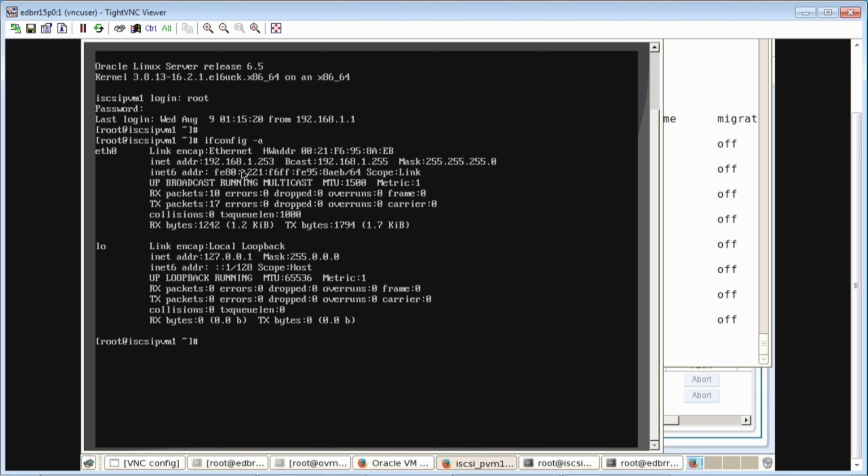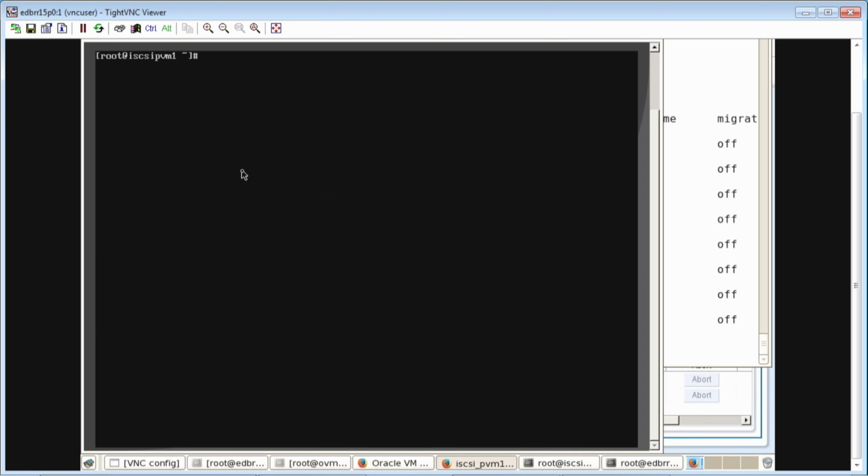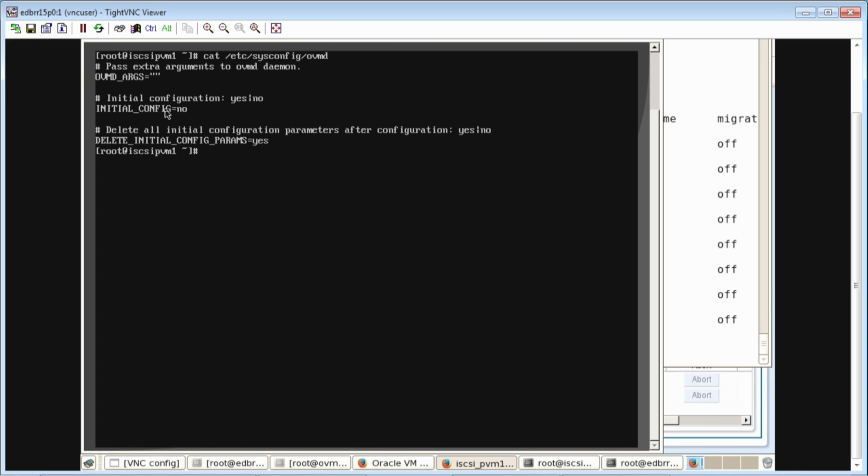We display the contents of the /etc/sysconfig/ovmd file by using the cat command to verify that the INITIAL_CONFIG parameter has been reset to no. So now initial config has been reset to no, right? We repeat the Oracle VM template configuration process to trigger automatic configuration at boot time, but this time, instead of specifying the parameters from the console, you use the Oracle VM guest additions messaging facility to provide the necessary input